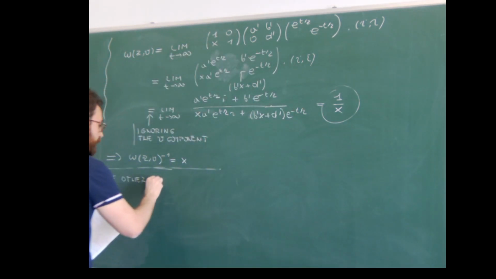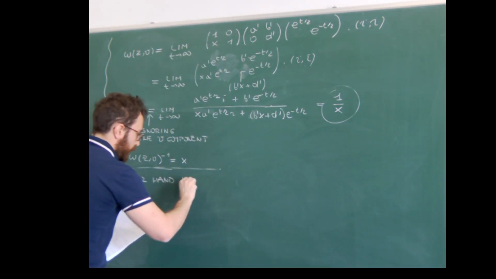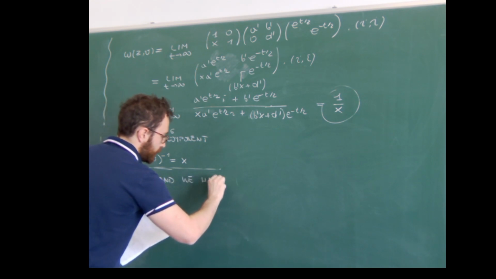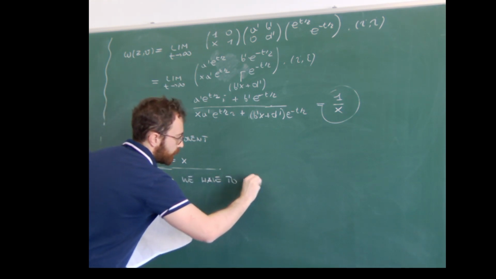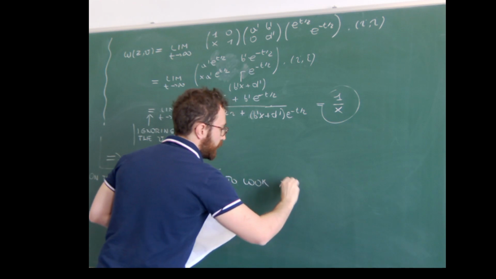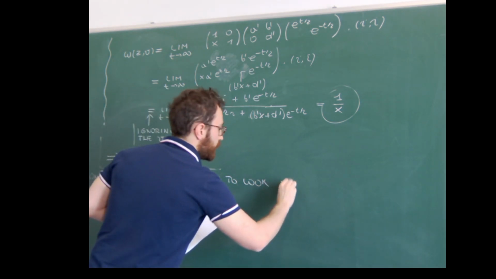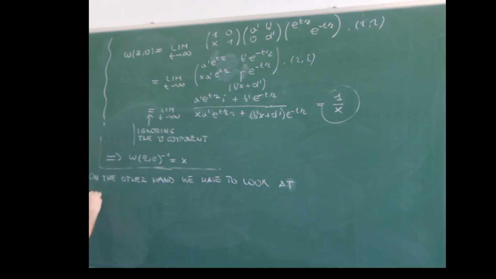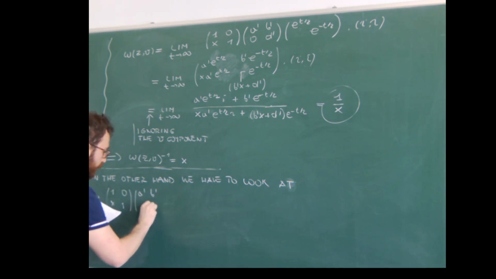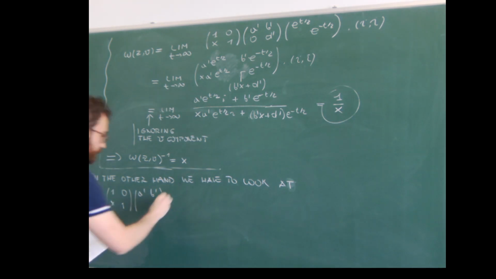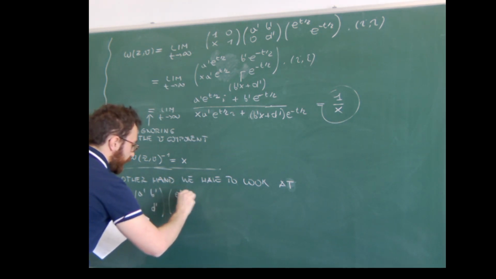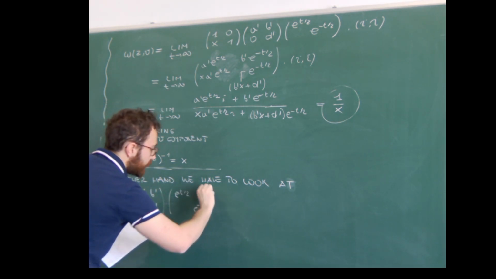Okay, so on the other hand, we have to look at g_t, our matrix, 1, 0, x, 1, a prime, b prime, b prime, e to the t halves, e to the minus t halves